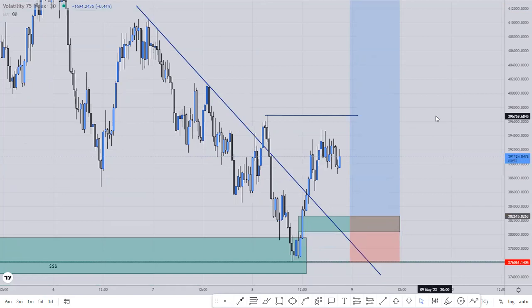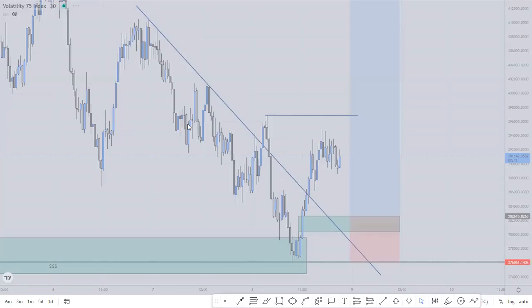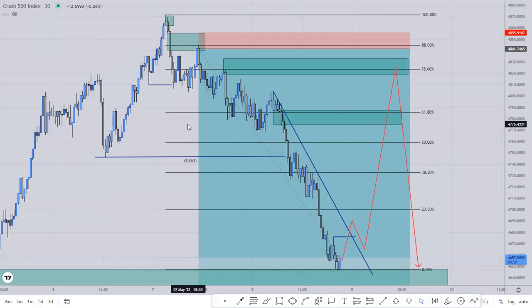Guys, this is how we make money. This is how money is made every single day, over and over again. So guys, I hope you are going to catch all these opportunities. The reason why I don't analyze 10 instruments,